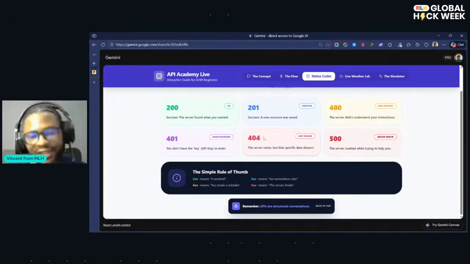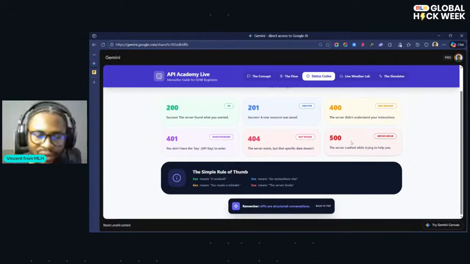Also, when building your own APIs, it's always good to handle the status codes as well. When this happens, return this status code with a message of the issue. So yeah, you're familiar with the 500 error message, very familiar, especially when the server is down. You literally get the 500 server error message.